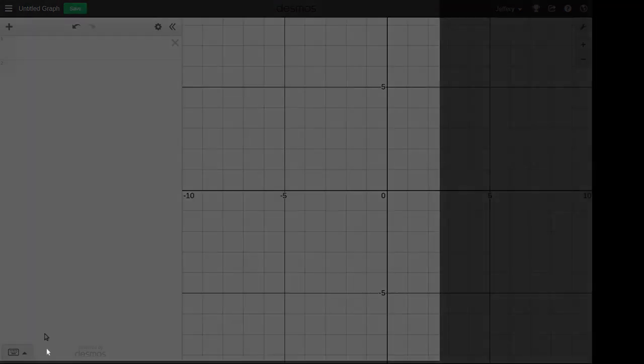So let's look at some more examples of getting Desmos to find extrema for us. I'm going to continue in Chapter 4, Section 1. We're going to look at the problems between 45 and 52, some things that might not be as obvious to find our extrema on. So let's look at 48,